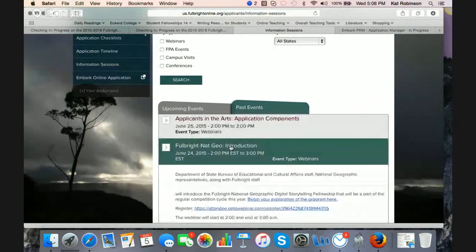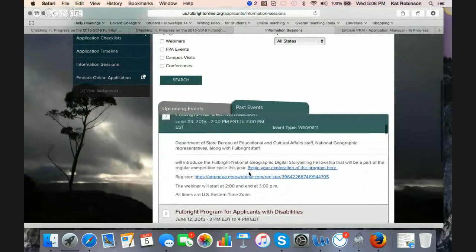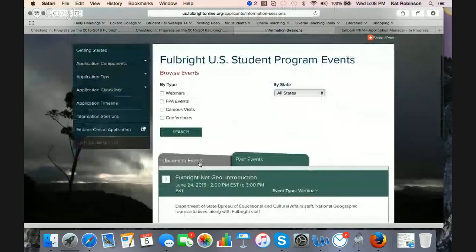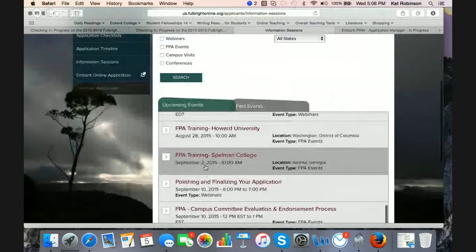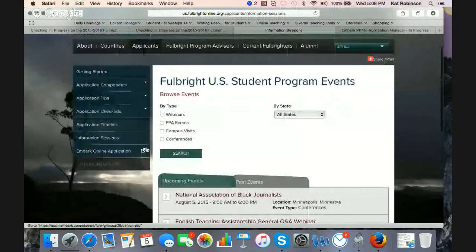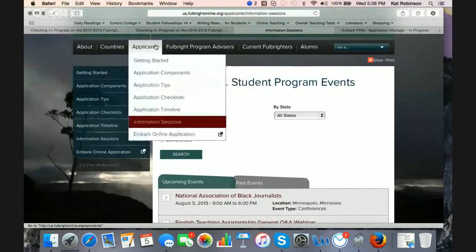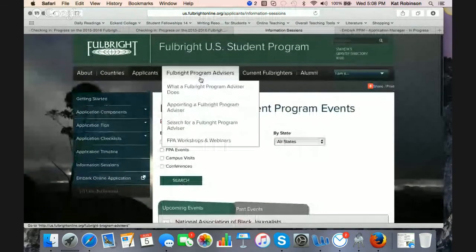For instance, if you selected the Fulbright Nat Geo introduction, you can of course take a look at it, or you can register for any of the future ones. Now the future ones, if they're for FPA, that's for a program administrator like myself, so you would not be able to go to those. But you would be able to attend or watch any of the other webinars, and I highly recommend doing that.